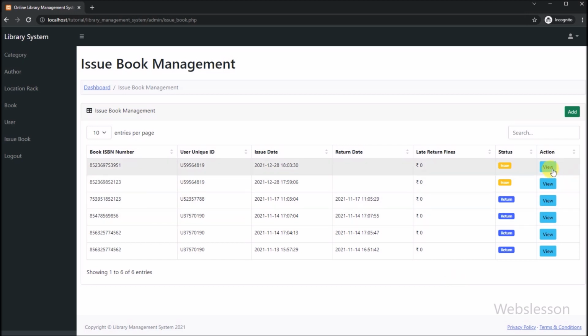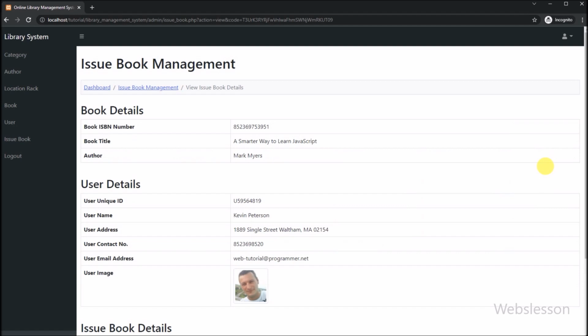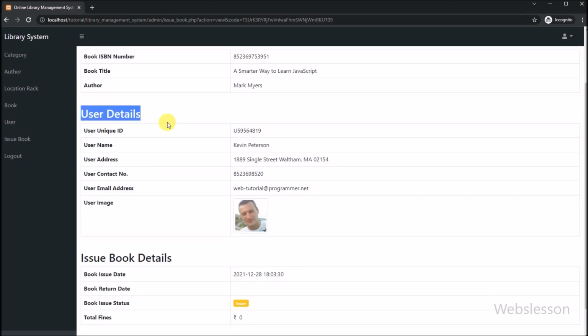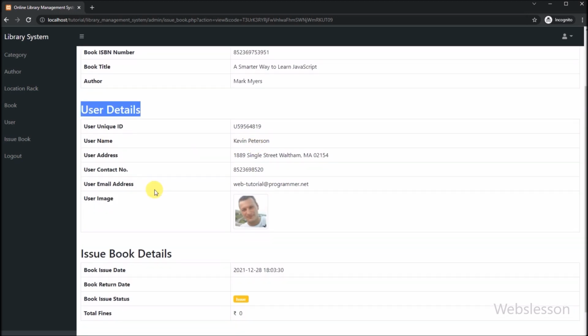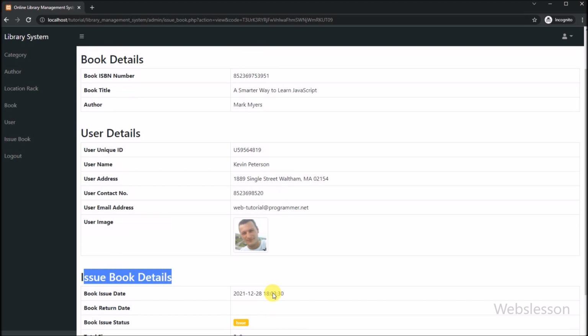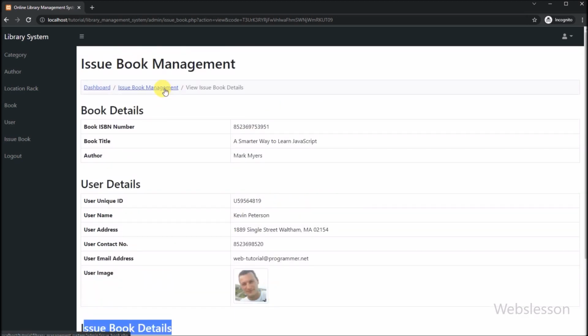Now for viewing single issue book data, here we have to click on the view button, and after clicking on the view button, here we can see that the system has redirected to a new web page, and here we can see single issue book data on the web page. Under this data, we can see complete details of book data, complete details of user data, and lastly here we can see issue book data like issue book date, issue book return date, issue book status and late book return fines data.